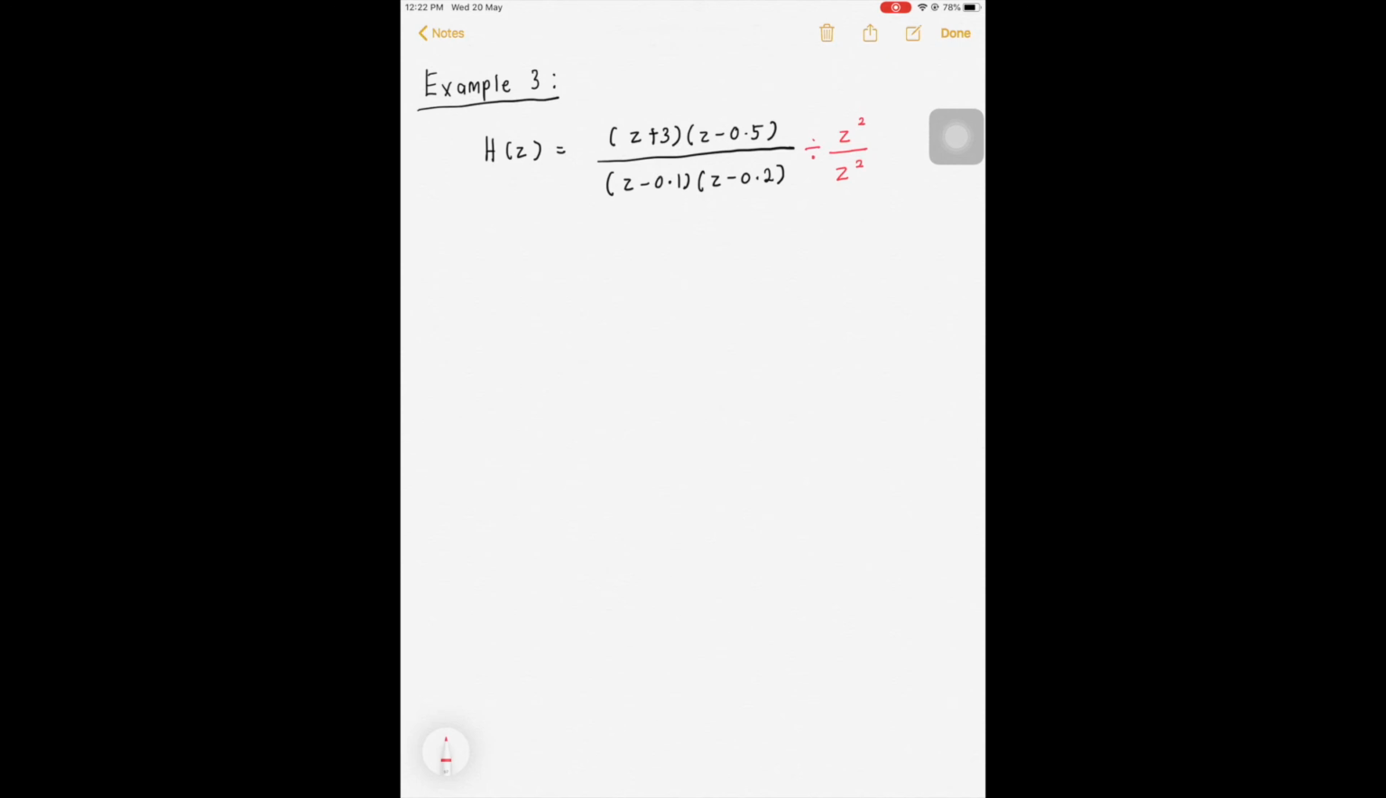Why z squared? Because if you look at your denominator part and combine the z, it is z squared. So the highest order of the denominator part is z squared. Alright, so you still have to divide with its own function, z squared over z squared. Why? Because we don't want to disturb the original transfer function. Okay, so basically here you have